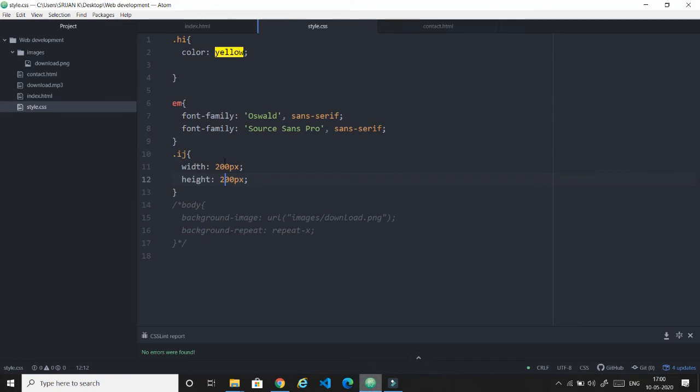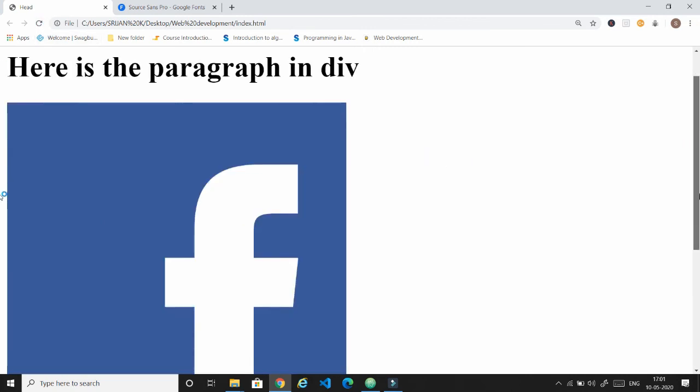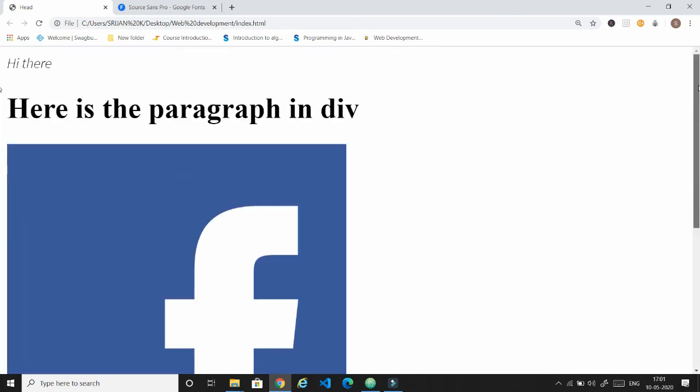And you can also use percentage here. Let me take 50 percentage, and here also 50 percentage. If I refresh the page, you can see the image has become bigger than the previous.